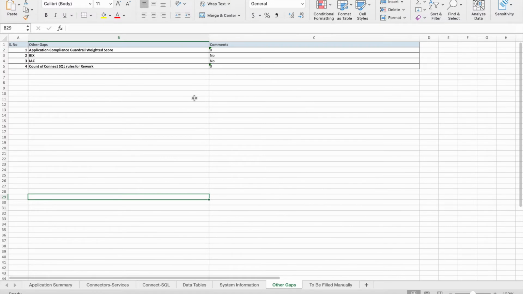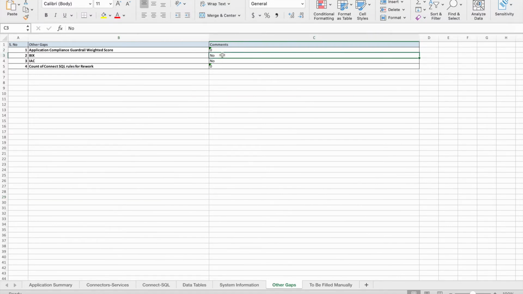Okay, in other gaps if you are filling, so this also like compliance score. Okay, so here it's not coming in our applications, but will come automatically, or you can fill manually also. Let's say you are running in dev, and in dev you have multiple things like you install this tool. Okay, and this tool will reduce your compliance score because it has a lot of activity. So what you can do, you can